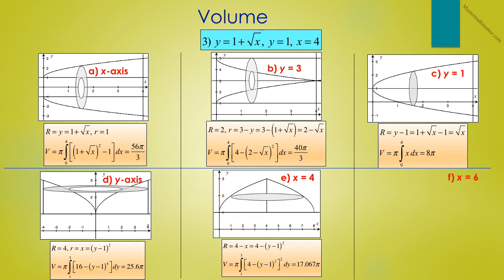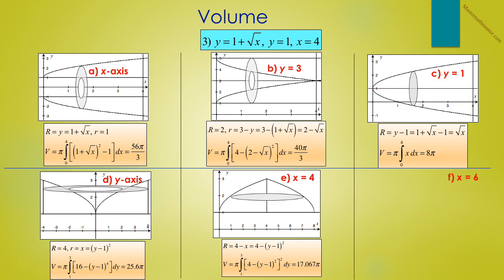E rotates our region about the line x equals 4. When we draw this, we see that this is a disk situation, as there is only one curve to the left and to the right of the line of rotation. Capital R is 4 minus the x variable, which is 4 minus quantity y minus 1 quantity squared. So V is equal to pi integral from 1 to 3 of 4 minus the quantity y minus 1 quantity squared, the whole thing squared, dy, which is